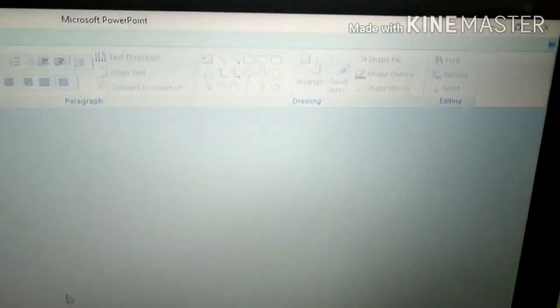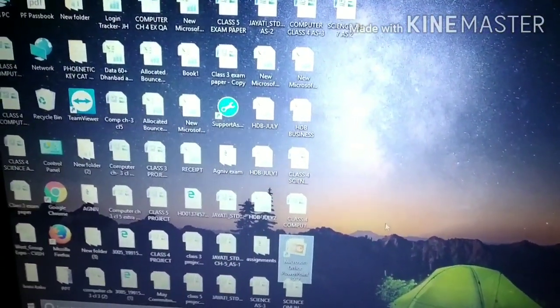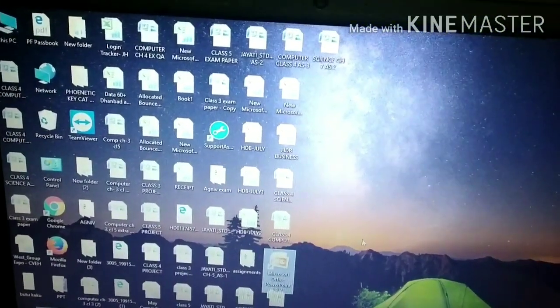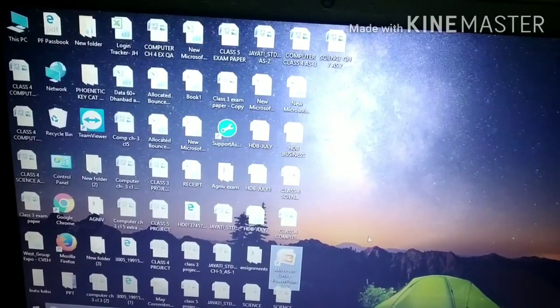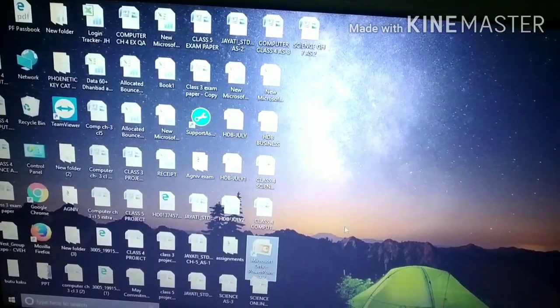Just on the title bar, click on this cross button or go to the file tab and click on exit. Now see, again you come back to your original desktop. So I hope this part is clear, and I hope that everyone will make a presentation on this topic.